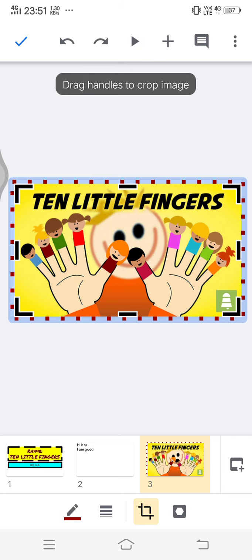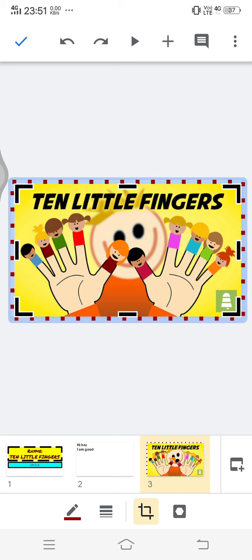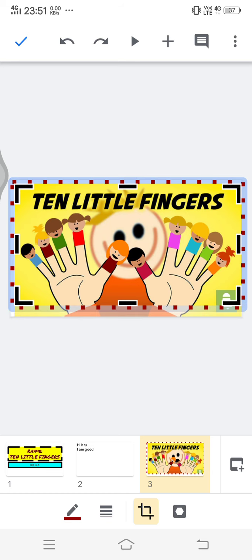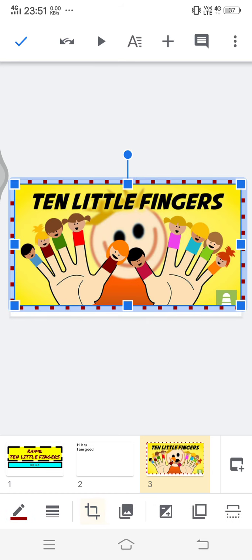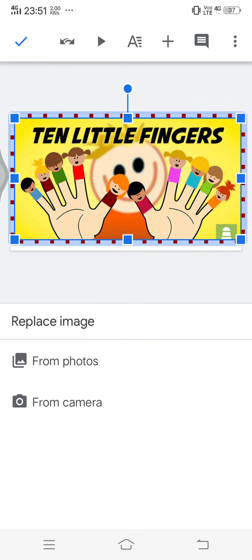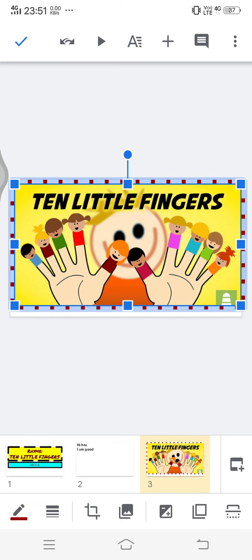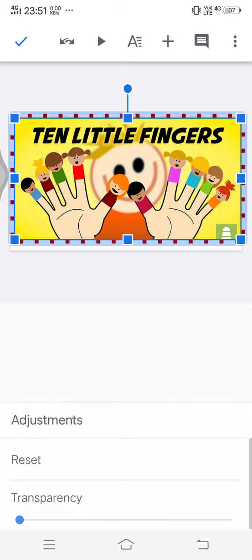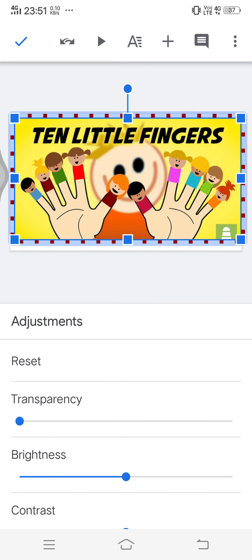If you want to crop the picture, you press on this option and you'll get this kind of thing opened up. Again, you press only the center lines and crop it to wherever you want. After you've done, press the crop thing again, so that part of the picture will get deleted. Now the next option is called replace image. Now you don't want to replace the image because you selected the right one. The next option is to adjust the image.